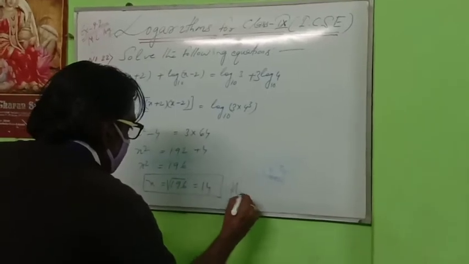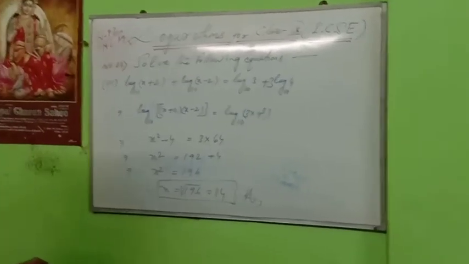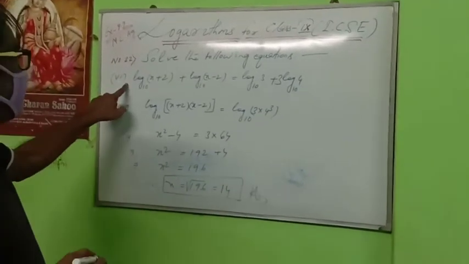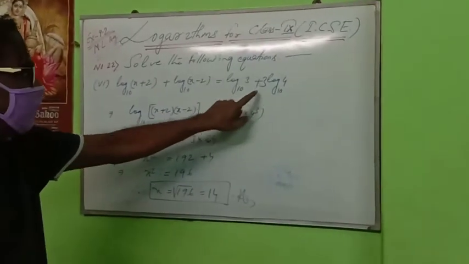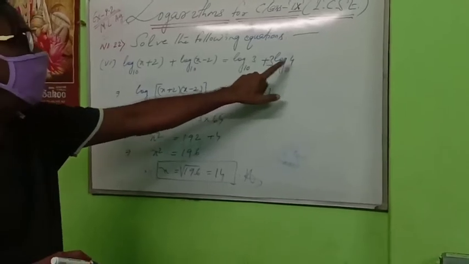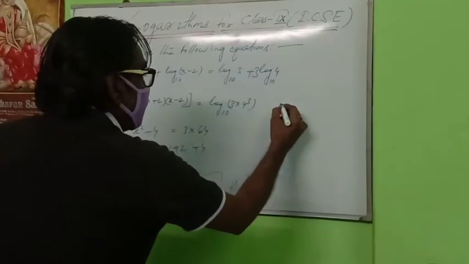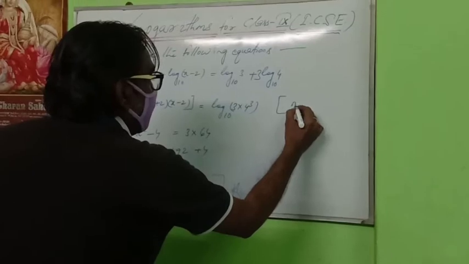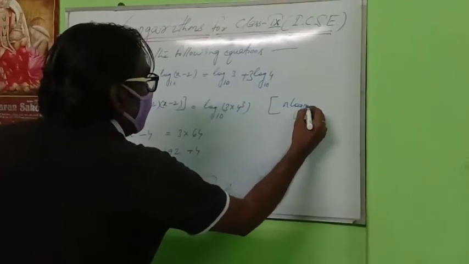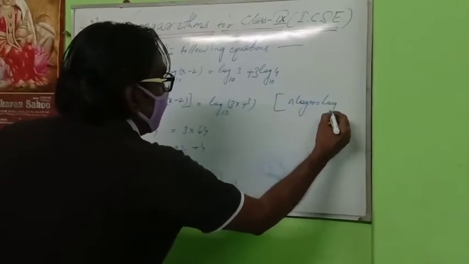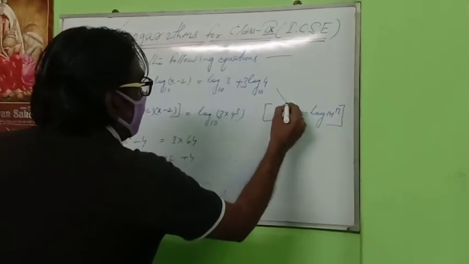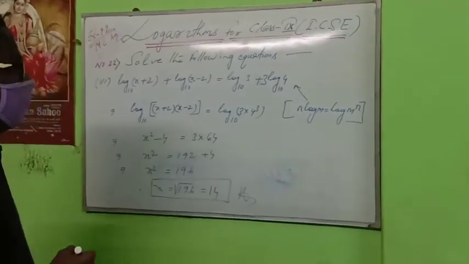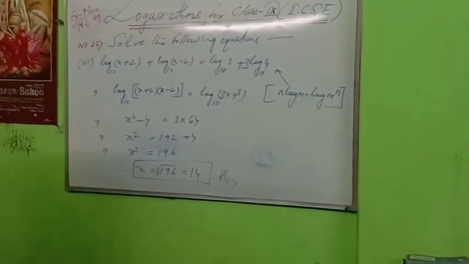Okay. This is the way of solving of logarithm chapter number 6 what I have done. The plus sign given means you have to multiply. Here also plus sign means you have to multiply; 3 into, this will be power. Which formula I applied here? Since n log m, this will be log m to the power n, m to the power n. I applied here. Okay. Let us go next one.